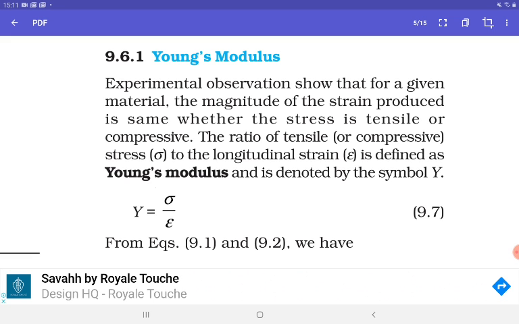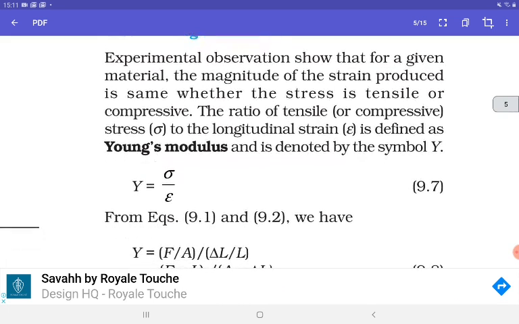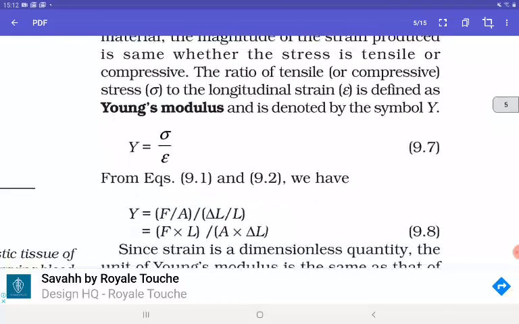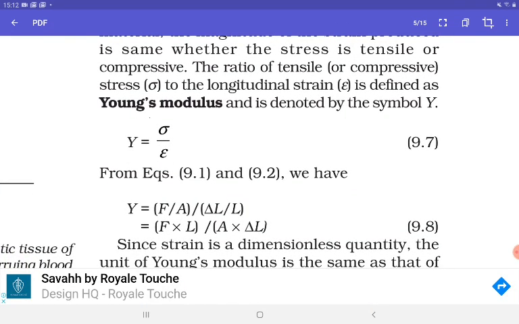Experimental observation shows that for a given material, the magnitude of the strain produced is the same whether the stress is tensile or compressive. The ratio of tensile stress to the longitudinal strain is defined as the Young's modulus and is denoted by the symbol Y. That is, Y is equal to